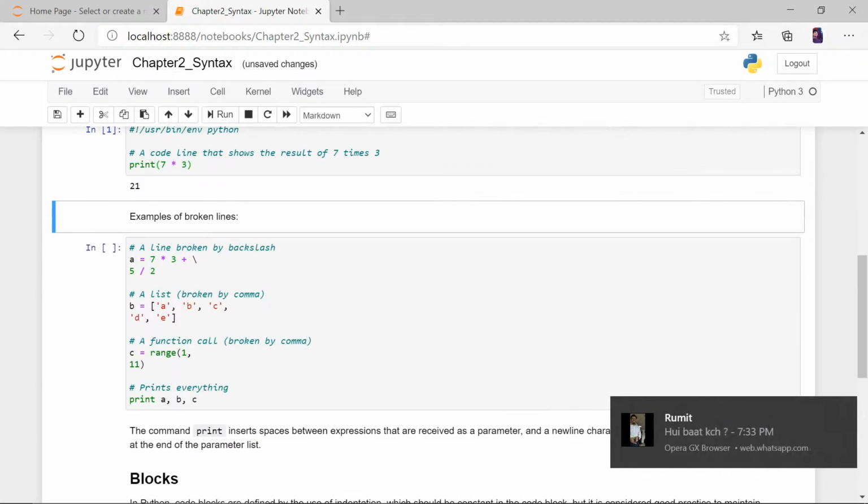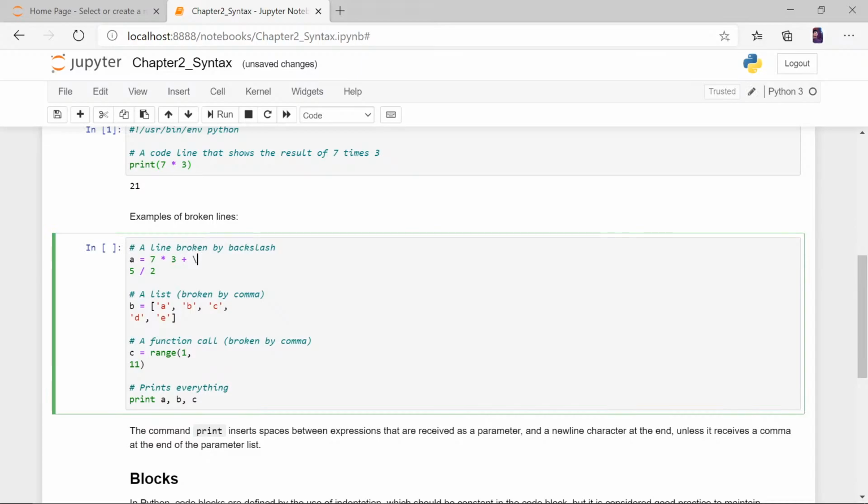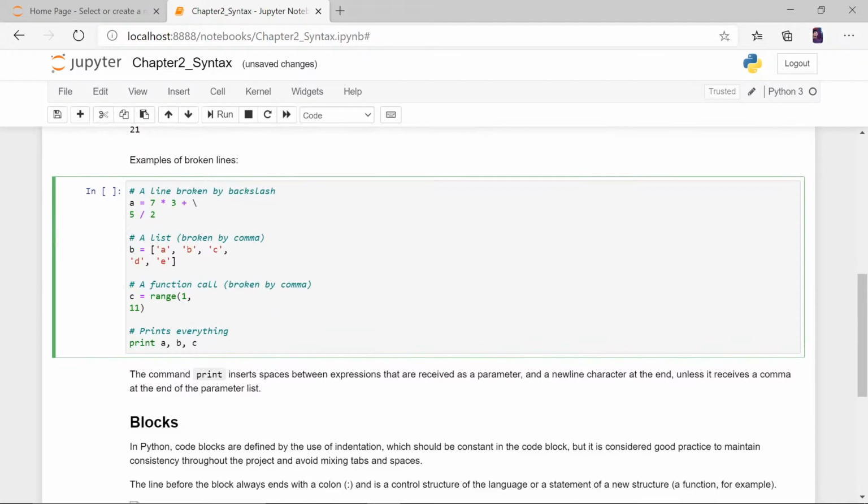So let's go to the next one. Here we have a line broken by backslash. If you have a long line and you want to end it, you can end the line with a backslash, and it actually starts reading from the next line. This is a lame thing, we don't really use it.